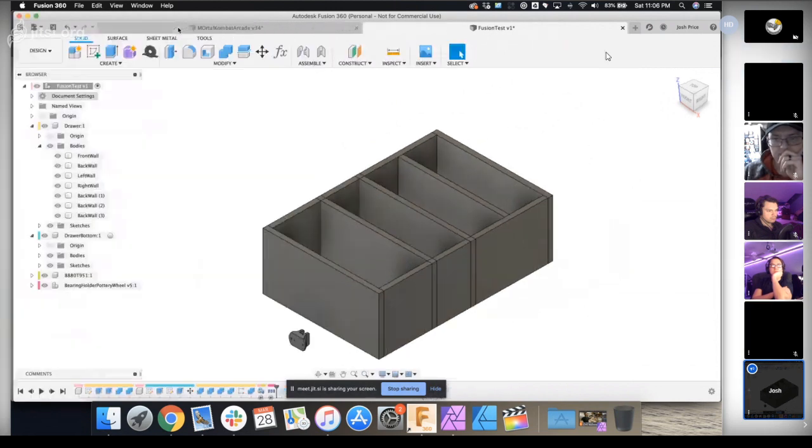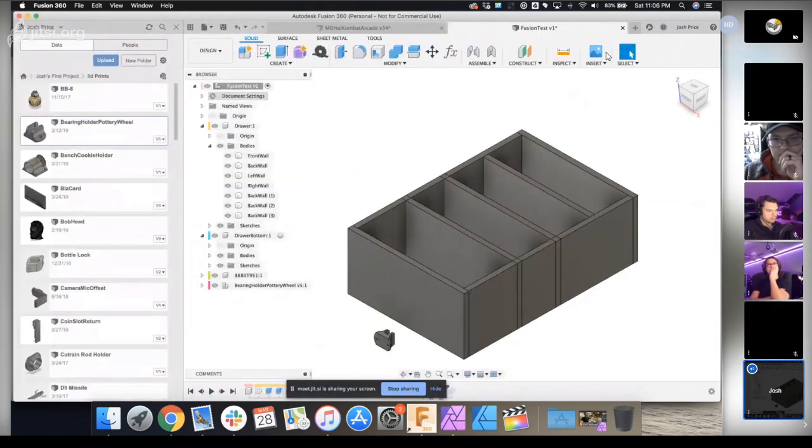Fusion's dope. And if you want to send this model to somebody, say you made a render, it saves it as a JPEG or a PNG to your desktop. But if you wanted somebody else in your working group to update a thing,